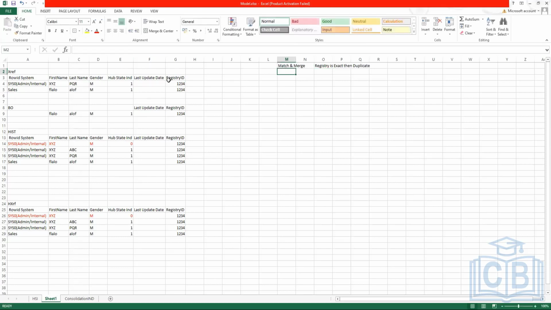So these two registry IDs were the same, hence it got merged. And we have two records in cross-reference and one record in base object. But if I showcase how this particular thing happened in a detailed way, then what will happen